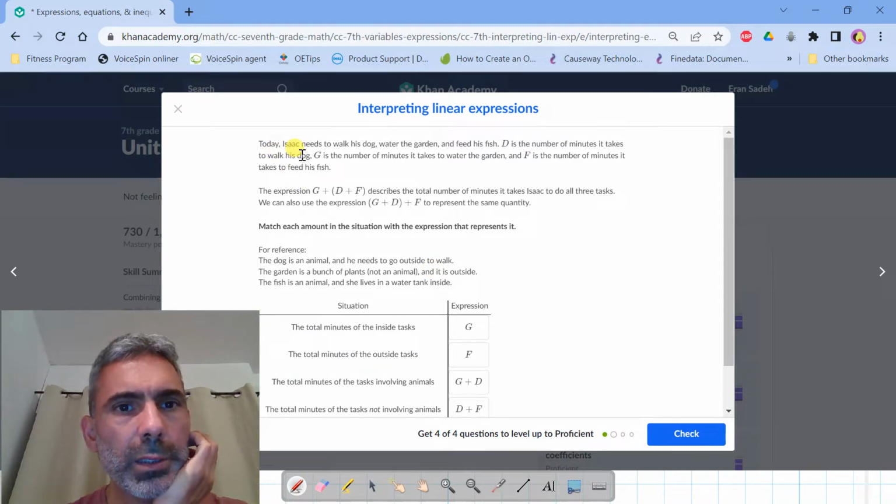Today, Isaac needs to walk his dog, water the garden, and feed the fish. D is the number of minutes it takes to walk his dog. G is the number of minutes it takes to water the garden. And F is the number of minutes it takes to feed the fish. The expression G plus D plus F describes the total number of minutes it takes Isaac to do all 3 tasks. We can also use the expression G plus D plus F to represent the same quantity, okay, because